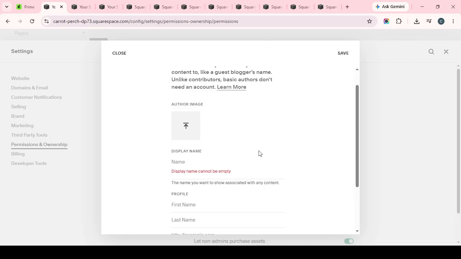When everything looks correct, click Send Invite. This sends the invitation to the email address you entered, along with the access level you selected. The contributor will then be able to accept the invitation and join the account with